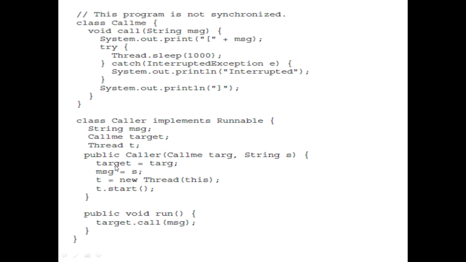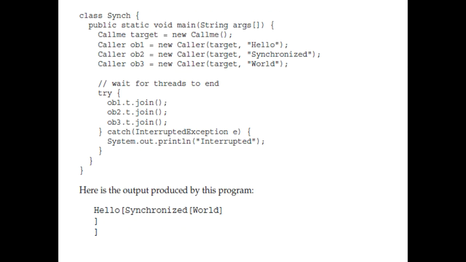Which implements a runnable interface. Now, if you see here, we have created a new thread and we have called a start method. And in this, we are going to call this method. Based on that, we'll be getting a different output. What exactly the output will be, we'll see.